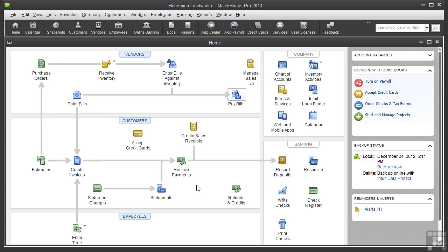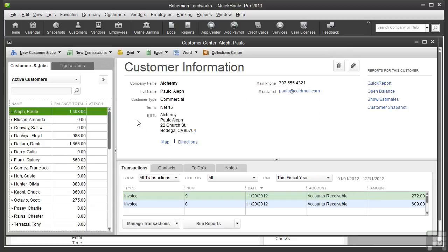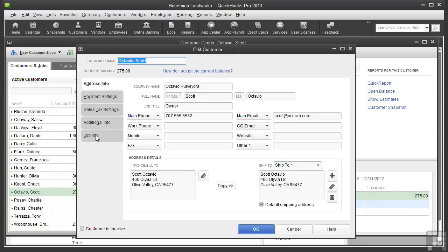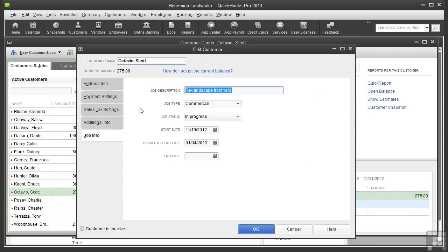I'm using the sample company file called landworks_customers. You can add a job in two ways. If you will work with a customer on only one project, you add a single job by filling out the Job Info tab on the customer record. Let me quickly show you an example. I'll open the Customer Center, open the customer, and click the Job Info tab, and this is one job for